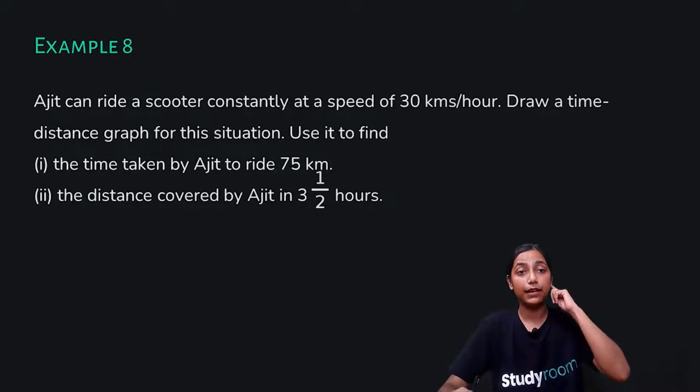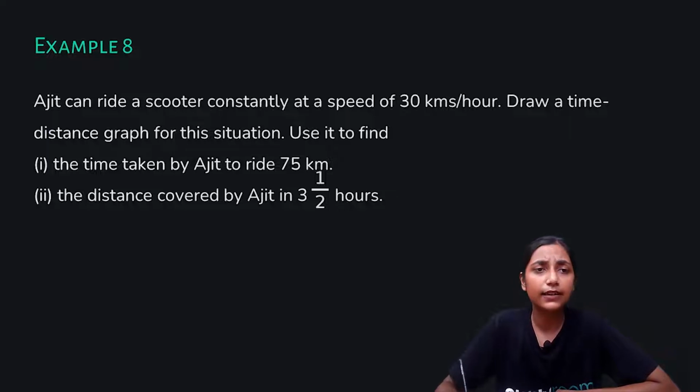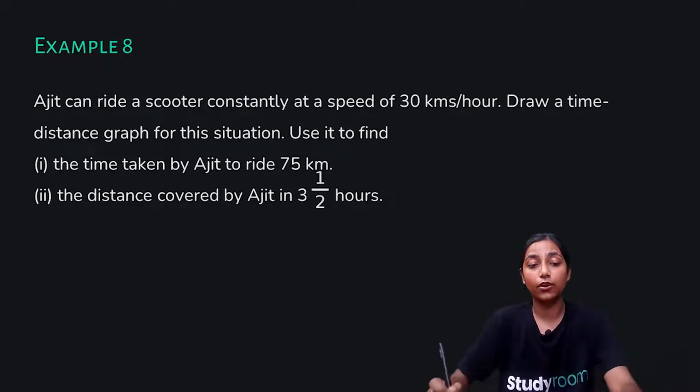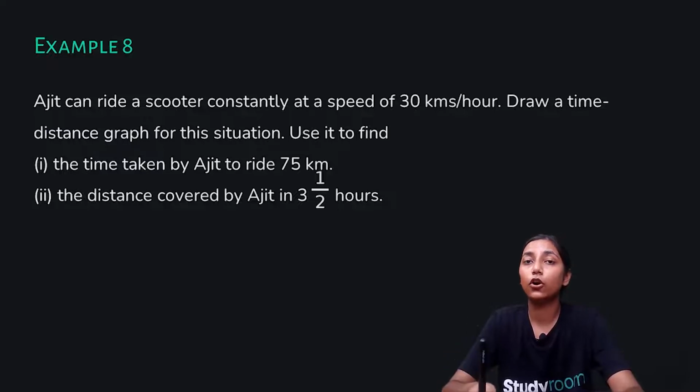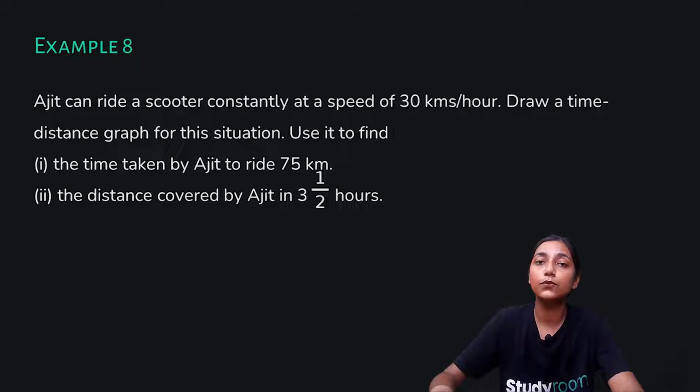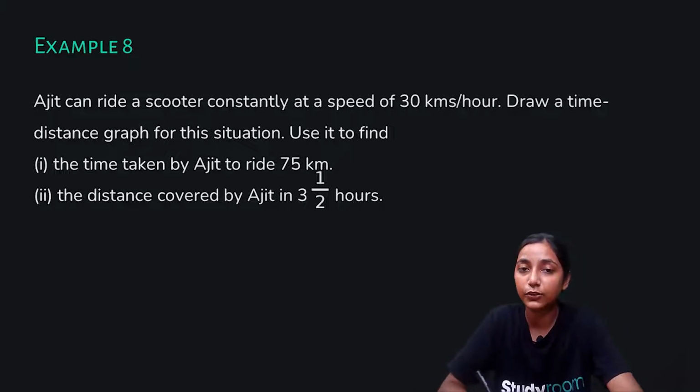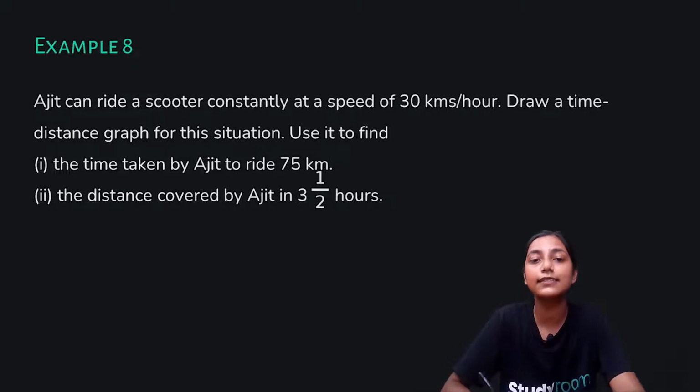Next is example number 8. In this it is written that Ajit can ride a scooter constantly at a speed of 30 kilometers per hour. Draw a time distance graph for this situation. So we need to draw a time distance graph for this situation. And then further, using the graph, we need to find the time taken by Ajit to ride 75 kilometers and the distance covered by Ajit in